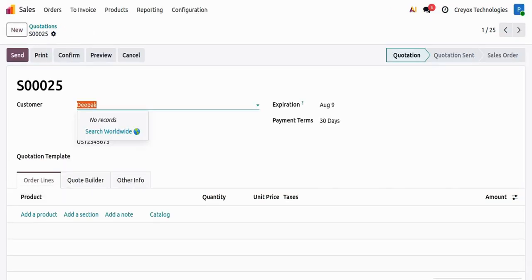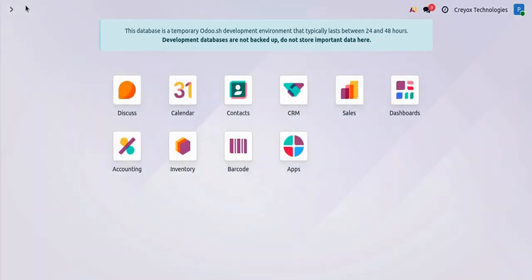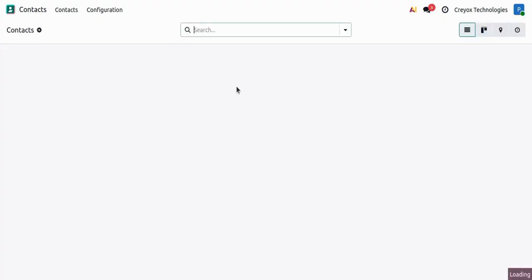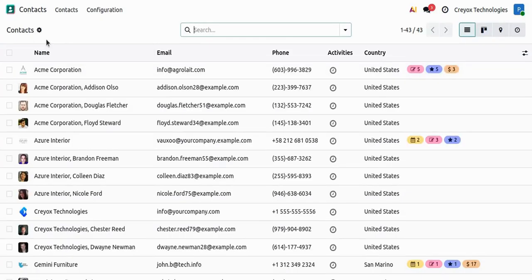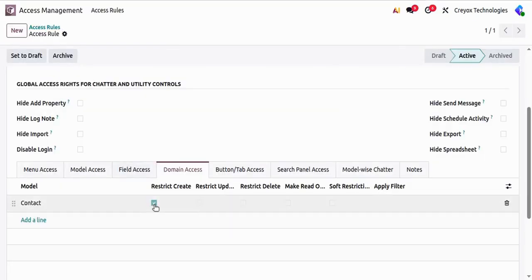Then I will go to the database, refresh it twice, then I will go to contacts. So you can see now the new button is not visible for this user because we have restricted the create functionality from the specific user. Now if create is not restricted, just update is restricted, and if I am again going to the database,